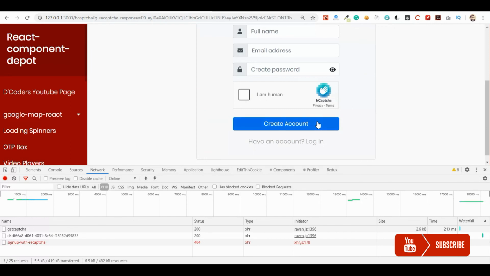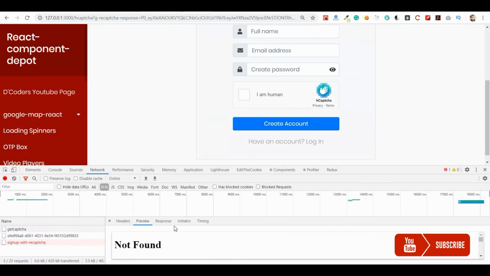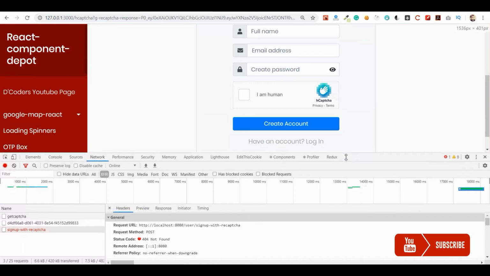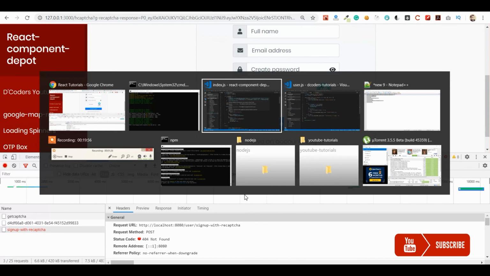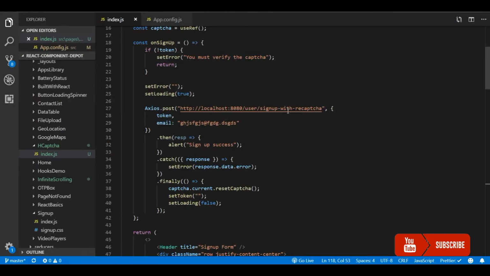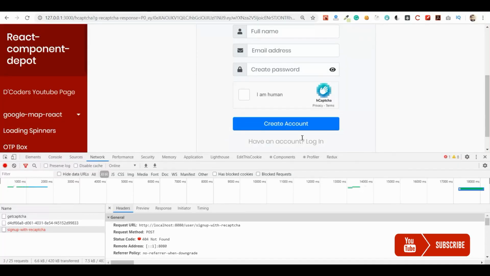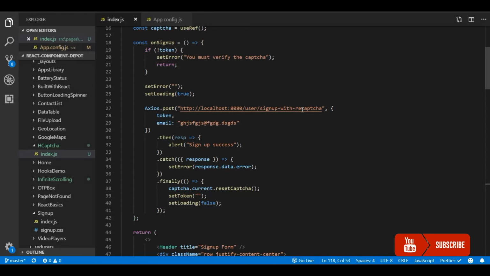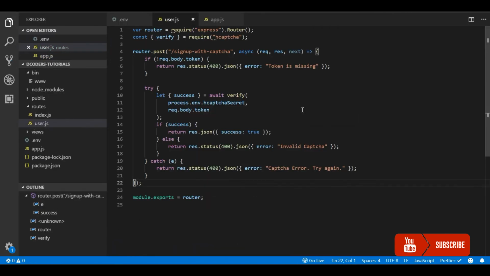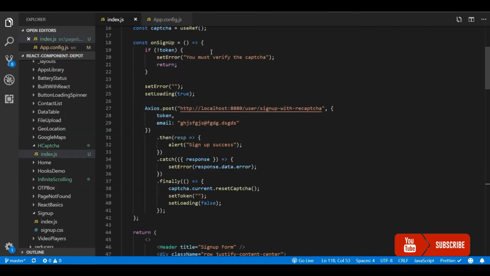Okay, there was a 404 error. I think the endpoint is wrong. So we should call sign up with captcha. Let's check. Oh yeah, it's sign up with captcha. We need to call this endpoint. Let's make it HCaptcha. So let me update here.